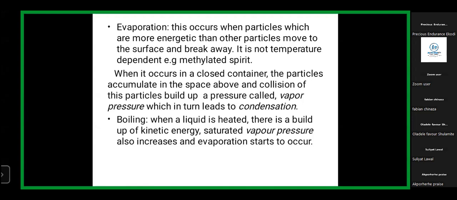So what about when it happens in a closed container? Say you have your pot and evaporation is taking place. You notice that if you open your pot that has water inside, on the top surface of your cover, you see water that's gathered there. For it to have gathered there, it has condensed. It changed inside that container from the liquid form to the gas, but because there was no way for it to go out, it now condenses. So that is condensation. This is the same thing that happens in the atmosphere. When water goes up to the sky and then it condenses in the cloud, when the temperature reduces, it comes back as what? Rain.